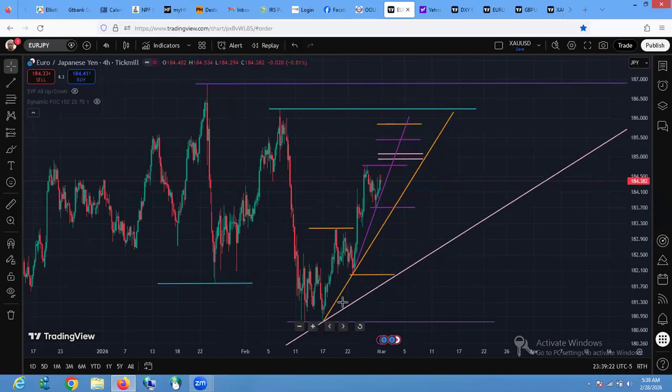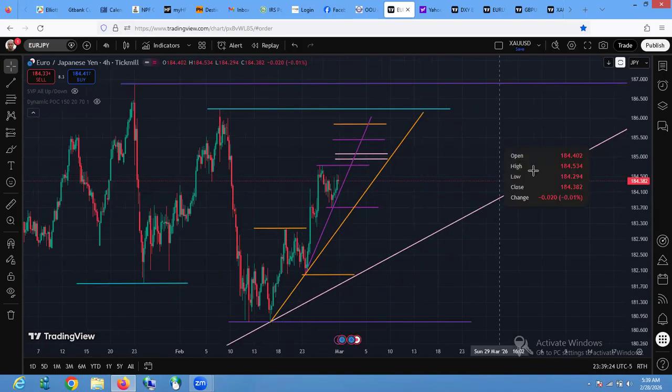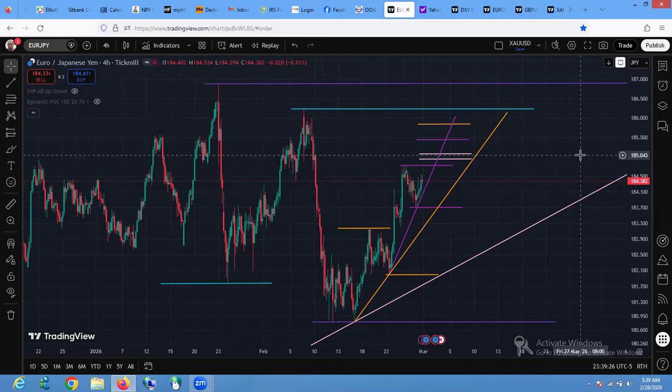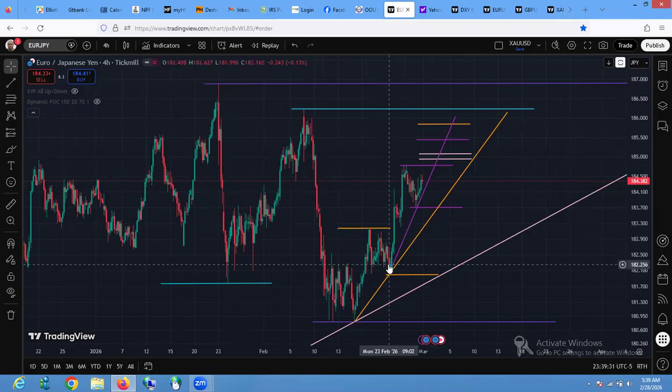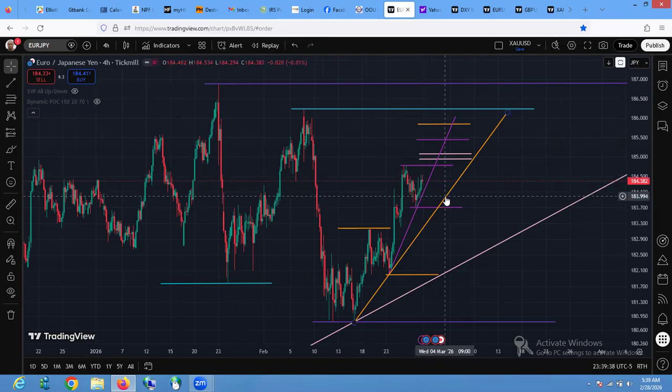What's the trick here? The trick here is to see this on the 4-hour time frame as a complete move, and this also a complete move. But this is yet to be a complete move. It would only be a complete move once we breach this area. Then we know that the old structure is done, and we now want a new structure to the downside. So for now, this is seen as the 4th wave.